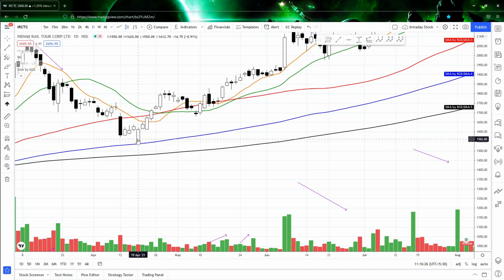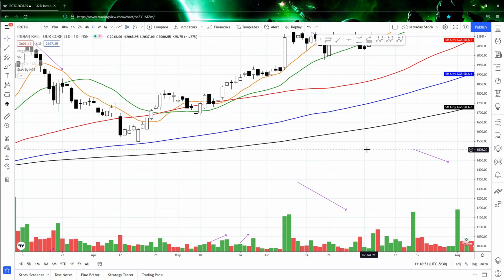And again, if you want to take an entry over here, you feel that it is a good candle and you have seen good support over here, you can take it, and you need to ensure that if it is closing below the 130 MA, then you need to exit. Always define your risk, have risk management, and then enter a trade. Clear? And after that, if you see, the volume started to increase whenever the prices started to close above the 10 MA, and that should be a good sign for a buy entry.